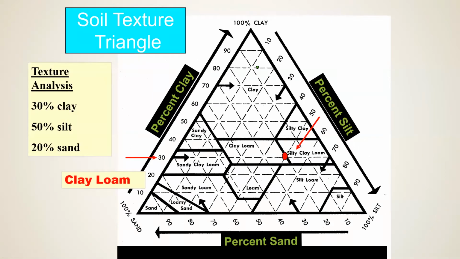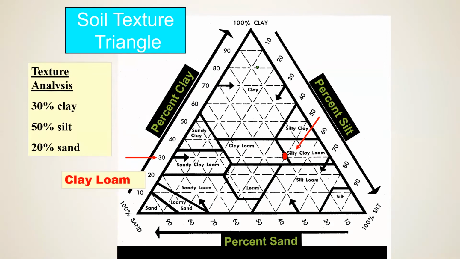So if you've ever heard of a loamy soil, that's a soil that's generally well draining, has good nutrient and water holding capacity, which are qualities that are more desirable in a soil because they're better for growing plants and better for biological activity. Whereas when we get into more of a clay or sticky, silty soil, we begin to have issues with drainage, water holding capacity, and things such as this. So that is the soil texture triangle.